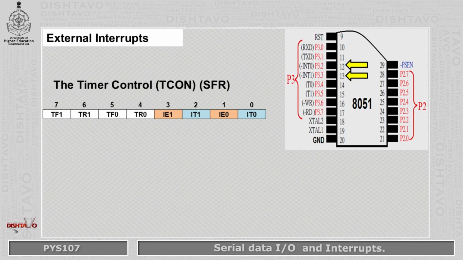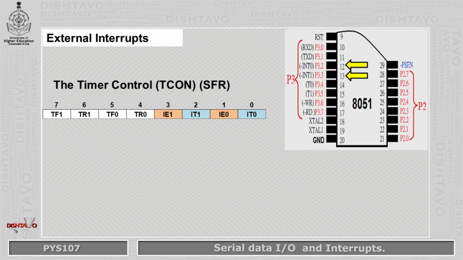The pin interrupt 0 and interrupt 1 are used by external circuitry. Inputs on these pins can set the interrupt flags IE0 and IE1 in the TCON register to 1 by two different methods. The IE flag, either 0 or 1, may be set when the interrupt pin's signal reaches a low level, or the flag may be set when a high to low transition takes place on the interrupt 0 or interrupt 1 pins.